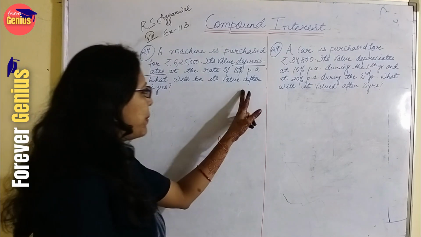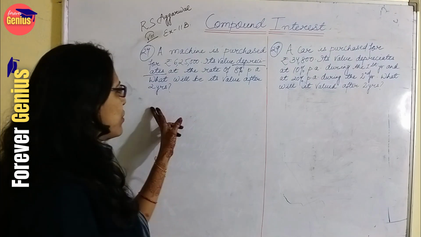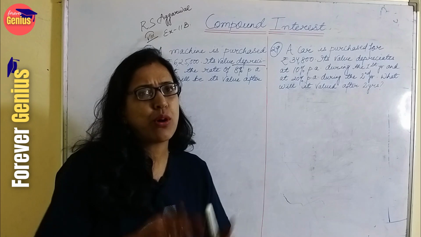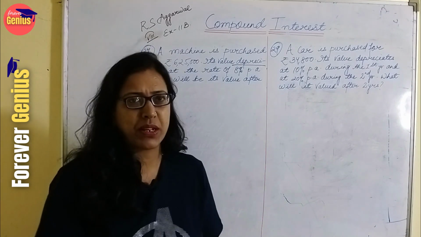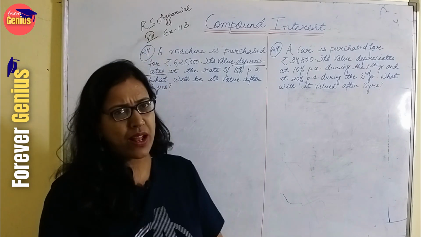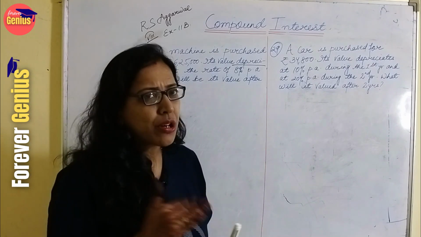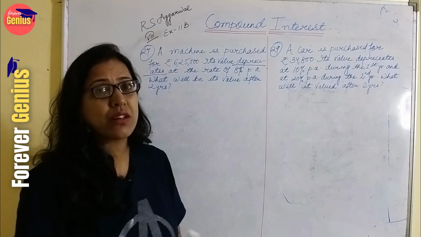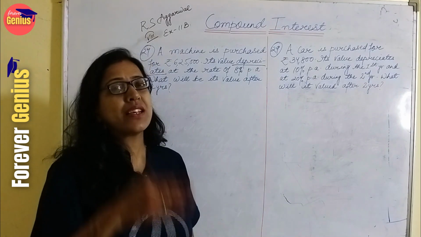So when the depreciation rate is given here as 8%, how are we supposed to calculate its value after 2 years? Suppose I bought a car for say 10 lakh rupees. After 2 years, if I go to sell it in the market, will I get 12 lakh or around 8 lakh? Of course the value will decrease because I have utilized the vehicle for a certain term and it has wear and tear, which means it has depreciated.